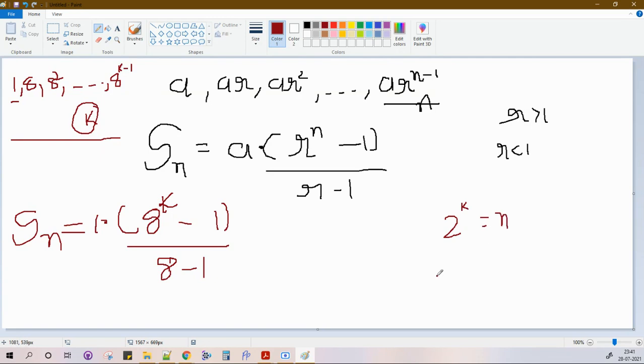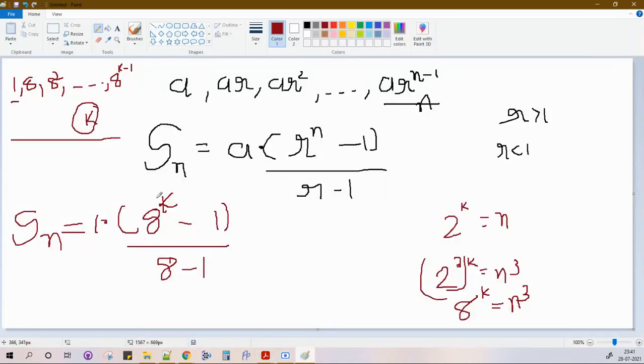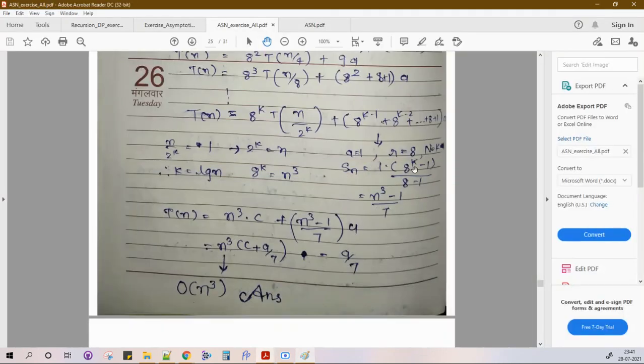So if I take the cube on both sides, then it would be 2 raised to 3k is n cube. So 2 raised to 3 multiplied, raised to k, is nothing but 8 to the power k. Some mathematics that we need to perform to solve this geometric progression series. 8 to the power k is n cube. This is trivial, but this is not trivial. I guess this is from school days, that's why it is more likely to forget, right? Now 8 to the power k is nothing but n cube, so the answer is (n cube minus 1) divided by 7. 8 minus 1 is 7, right?